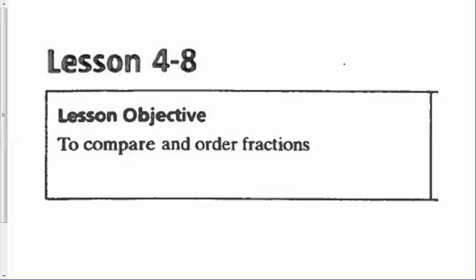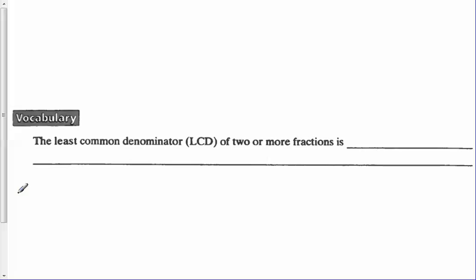Alright, lesson 4.8, we're going to be talking about comparing and ordering fractions. This is certainly an important thing to know because we aren't always dealing with fractions that have the same denominator. When fractions don't have a common denominator, we need to find one. So the least common denominator, or LCD, but we'll pretty much use the term least common denominator more often, of two or more fractions